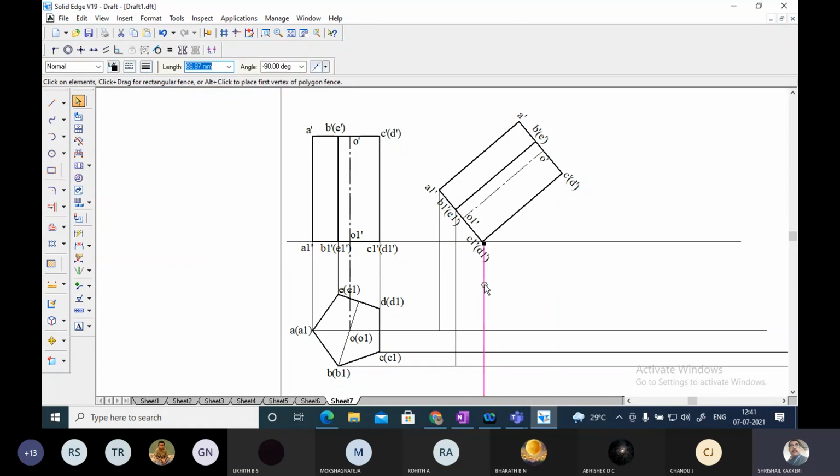These are not written properly. Let me write once again. Okay, so this is point A, this is point B, this is point C. To avoid the confusion, you can remove these lines also.